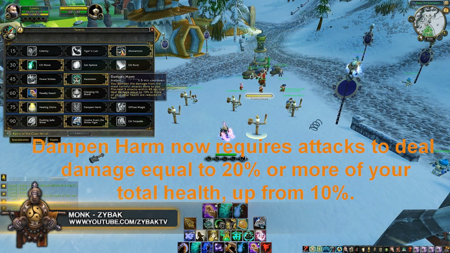Next up, we have a change to Dampen Harm, and I'm a fan of this change. It's not really a buff or a nerf. I guess it could go both ways, but I'm leaning more towards a buff. I think 10% is probably a little bit too low. What Dampen Harm does is it will reduce the damage you take from an ability that does X percent